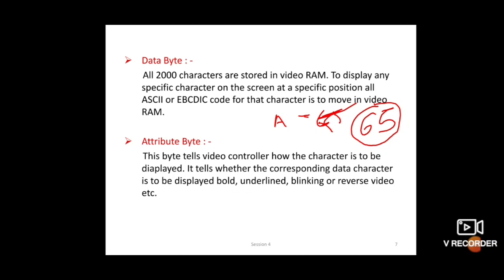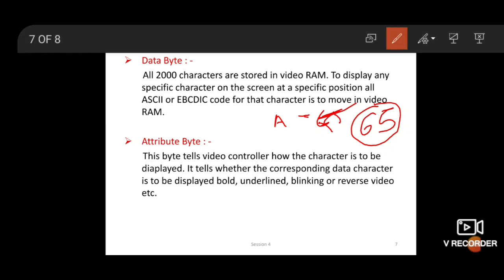What is the use of this attribute byte? Attribute byte means each character is displayed on screen in which format: some bold, underline, blinking, reverse video, or images, for example the size of images. This is known as attribute.